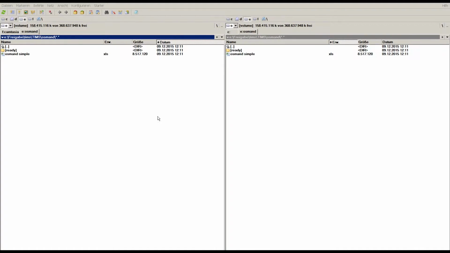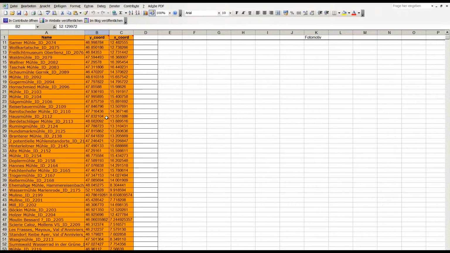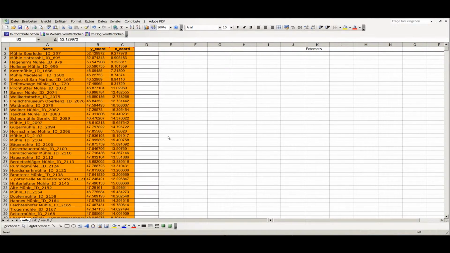What you have to do is use an Excel file which I prepared for you. And there you fill in the name of the mill and the GPS coordinates. You can insert thousands of mills this way. After you filled in the data, you have to do a little calculation, not by yourself. It's all prepared. You only have to select the first line and expand it down by dragging the top right